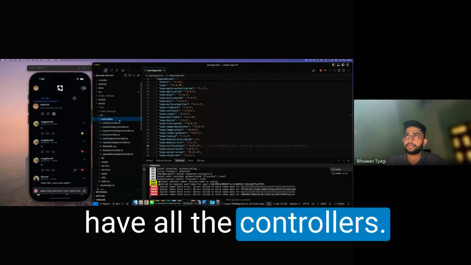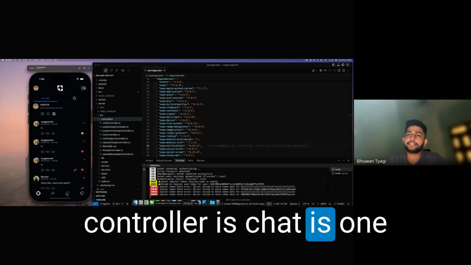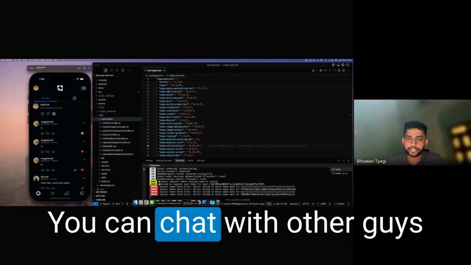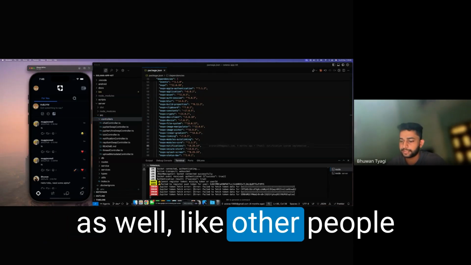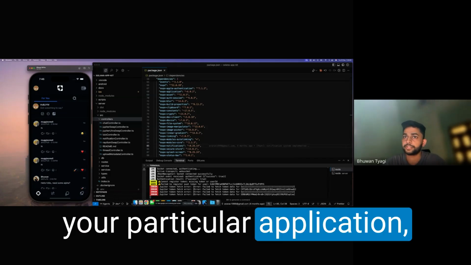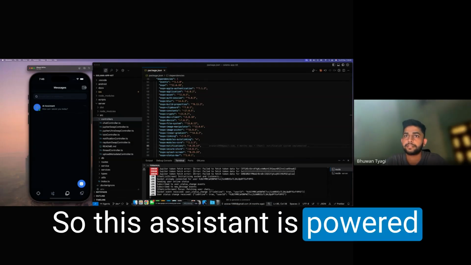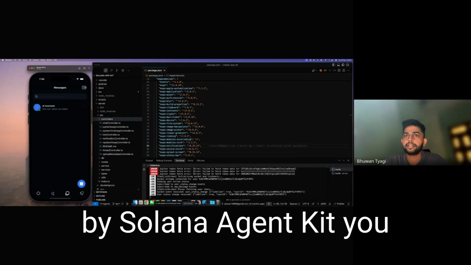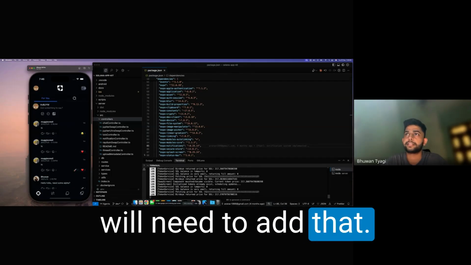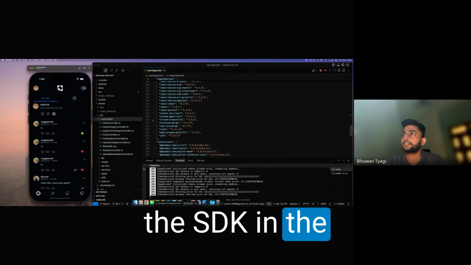And we have all the controllers. What exactly is the chat controller? Chat is one of the modules. Here you can chat with other people using this particular app or your particular application, and you can chat with the assistant as well. This assistant is powered by Solana Agent Kit. You will need to add that, so we have added the SDK in the